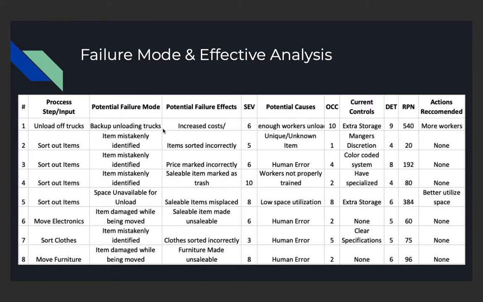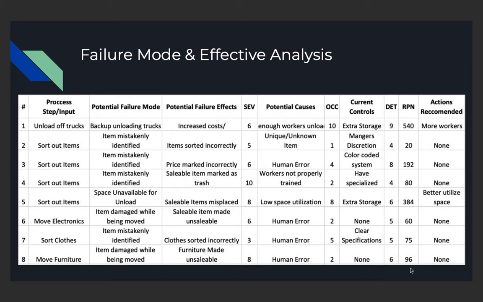This is used to understand where problems can arise in their process and what we can do to fix those problems. So just to give a quick understanding of this, it's not as complicated as it looks. These are just description items for the most part. This would be where in the process it is, what the failure is, and what the failure will cause. This is how severe the failure would be on a scale of 1 to 10. This would be what causes the failure, and this would be how often it occurs on a scale of 1 to 10, how it's currently controlled, how easy it is for them to detect on a scale of 1 to 10,